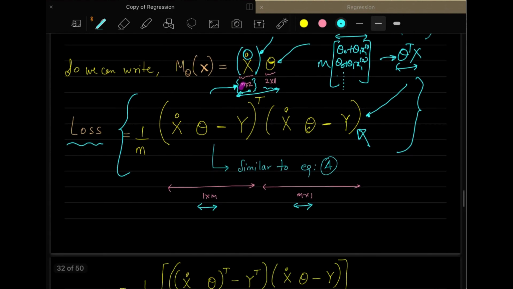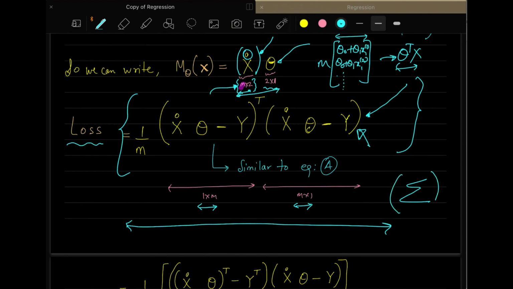So here we have this particular loss function which caters to the summation problem that we had earlier, and this summation problem is completely removed by using matrix multiplications which are given over here. So now let us take the derivative of the loss with respect to theta. Note that these thetas are not the individual thetas.